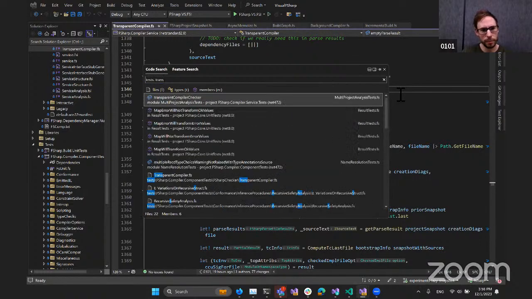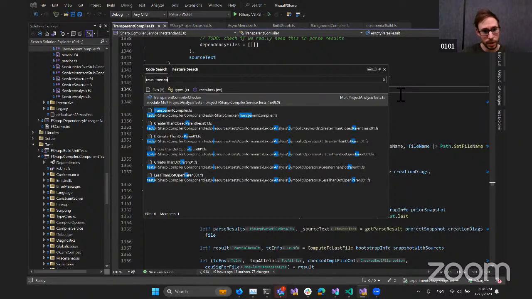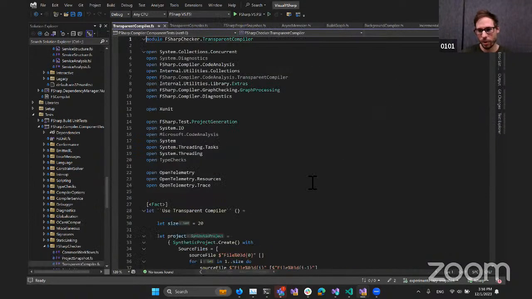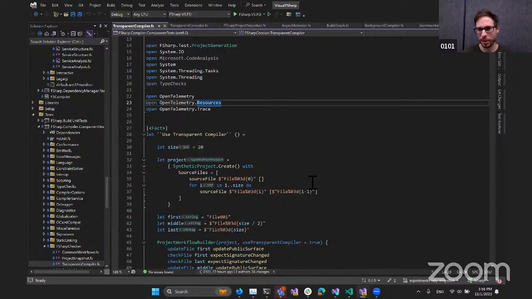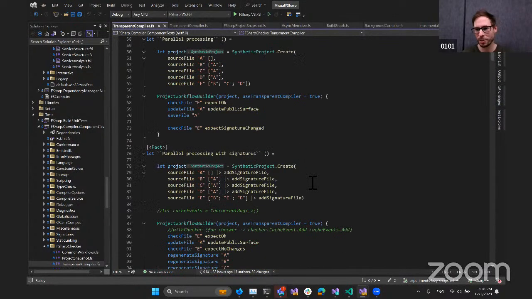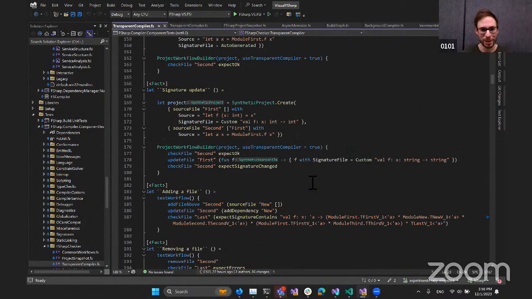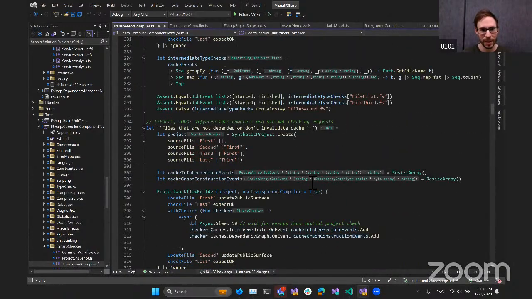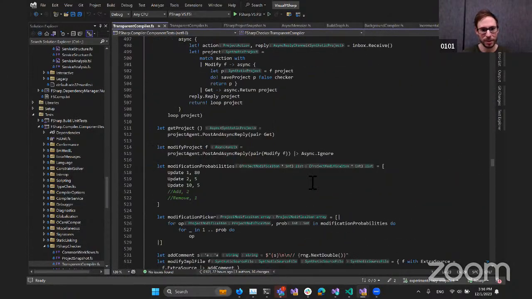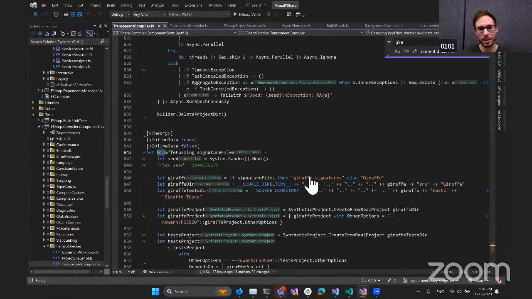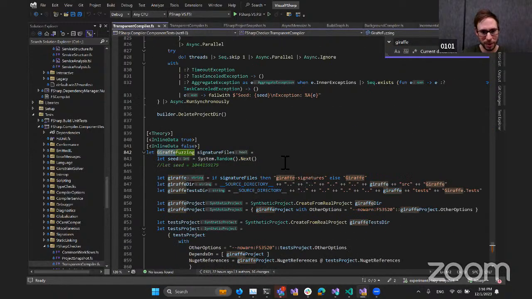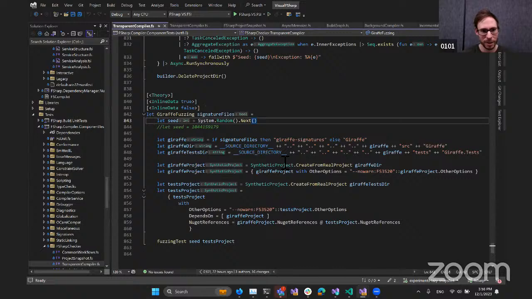I have been doing a lot of tests on the Giraffe project, and actually the version where you added signatures specifically, because signatures are a nightmare to deal with. And let me see what it looks like. So I have Giraffe fuzzing test,